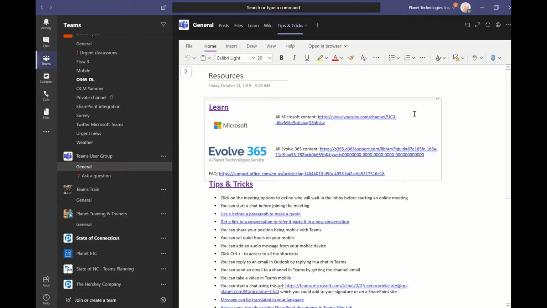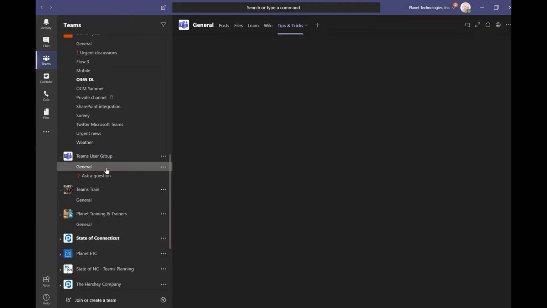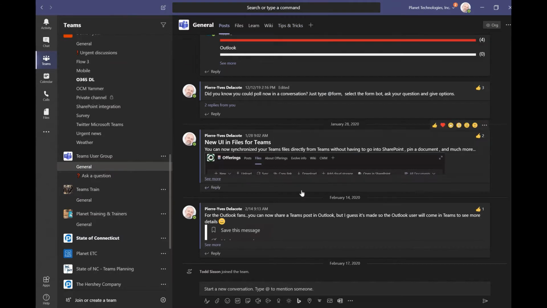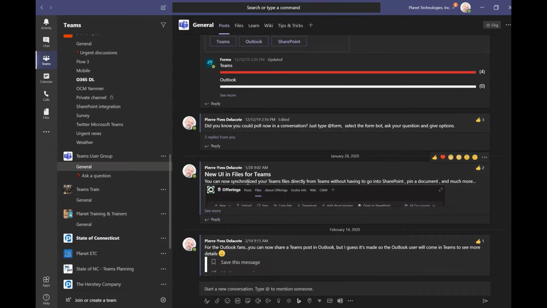When I work on Teams deployment and Teams adoption, I recommend my customers to create a Teams public user group where they're going to store useful information about Teams, maybe trainings, maybe tips and tricks, and so on. So I just wanted to share the one we have at Planet, and I add some new features, and